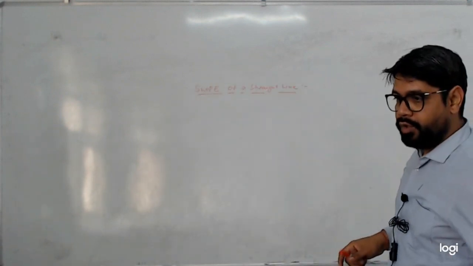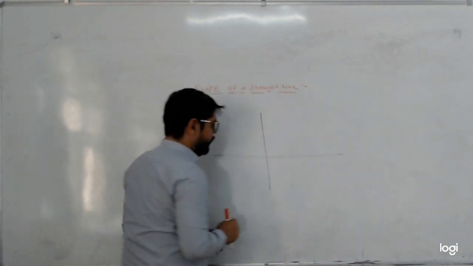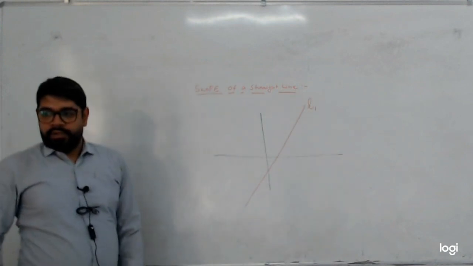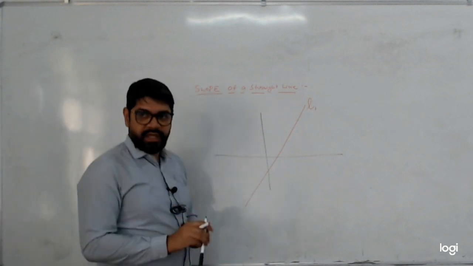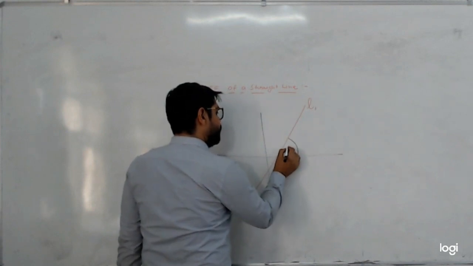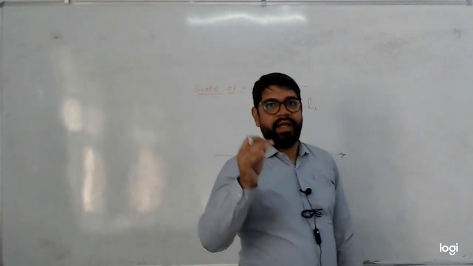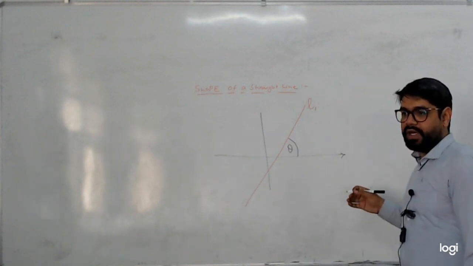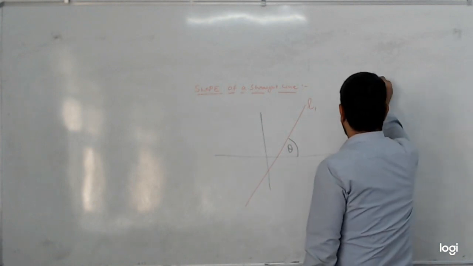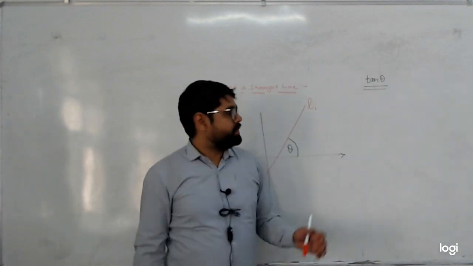Suppose you are given the rectangular coordinate system and it is the line say L1. So सबसे पहले मैं इन टर्म्स ऑफ tan और एंगल डिफाइन करता हूं. थीटा इज द एंगल मेड बाय दिस लाइन विद पॉजिटिव डायरेक्शन ऑफ एक्स एक्सिस. यानी अगर ये लाइन एक्स एक्सिस की पॉजिटिव डायरेक्शन के साथ अगर थीटा एंगल बनाती है, देन द वैल्यू ऑफ tan theta is defined as the slope of the